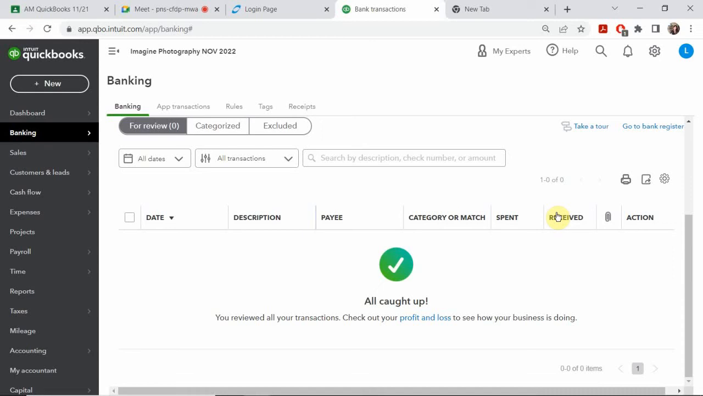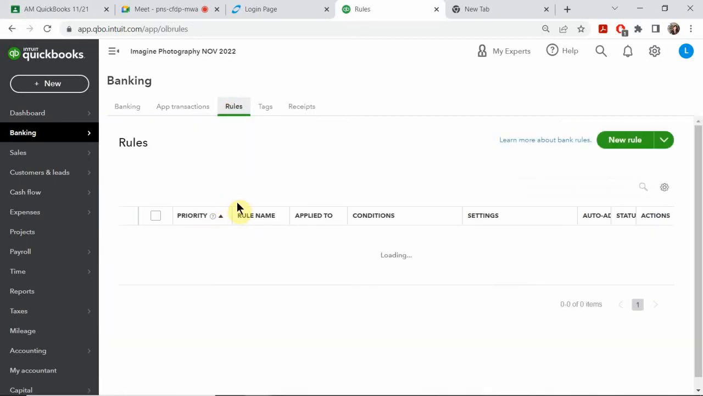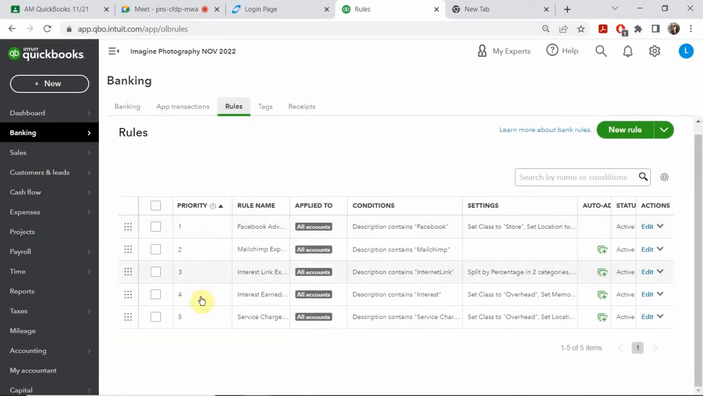All right, so now that we just completed going through the whole importing the banking information, if you set up your rules correctly, just like what we did earlier, you're gonna save yourself so much more time. The next time you import your banking transactions, because we set these as automatically categorized, as soon as things like Mailchimp or InterestLink are recognized, it's gonna automatically be transferred